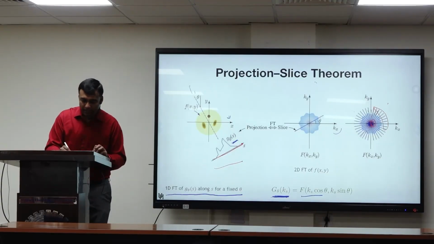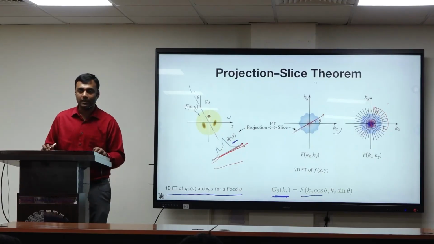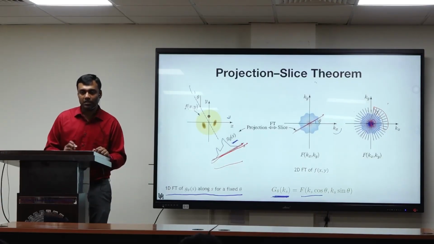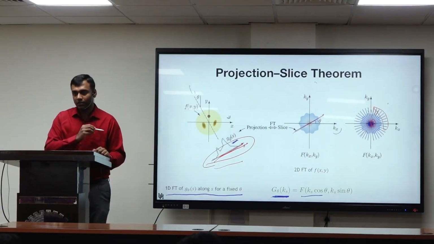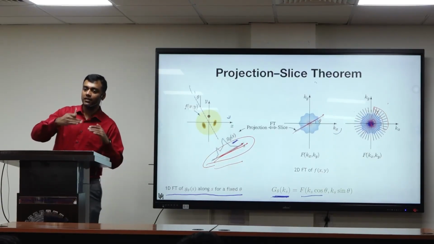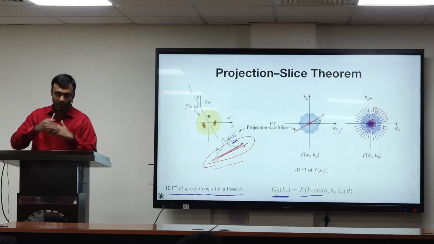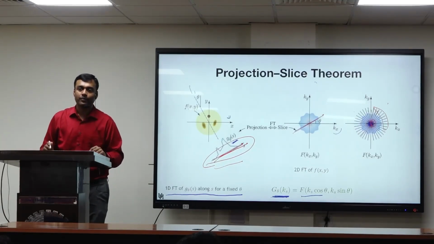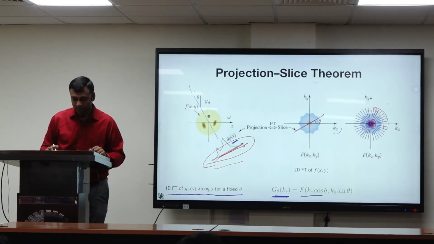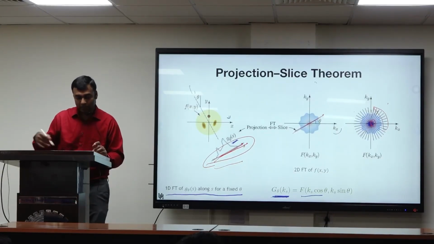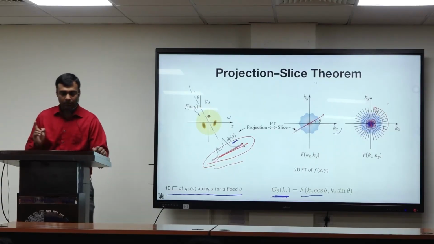So this data is a line, and the Fourier transform of it is therefore a line. This is one-dimensional data. One-dimensional data, so you will put it into two dimensions, and therefore it will be a line. Okay. So that's the essence. I'll go into a little bit more detail of how to do this, but